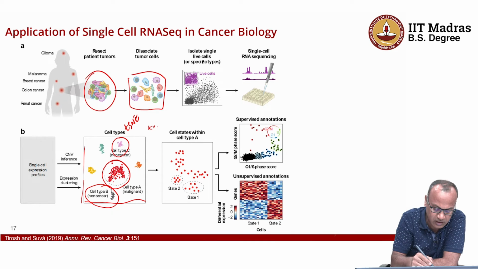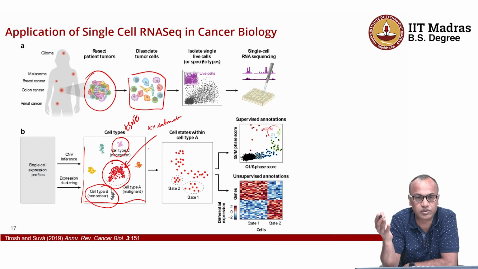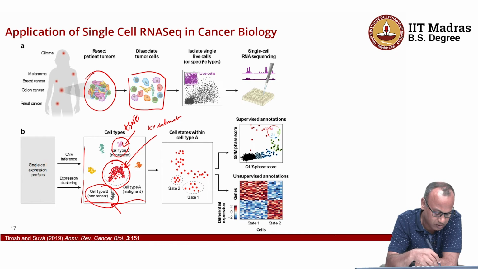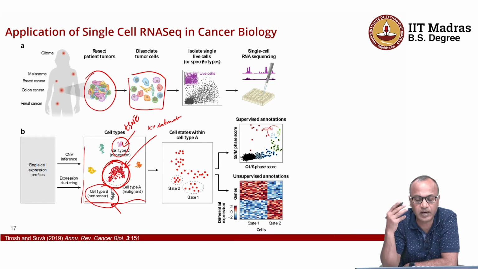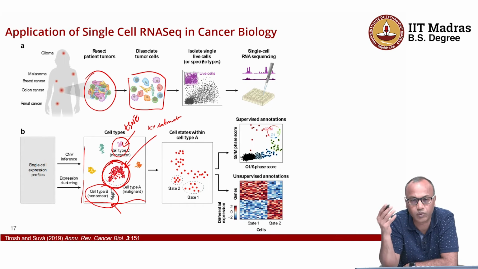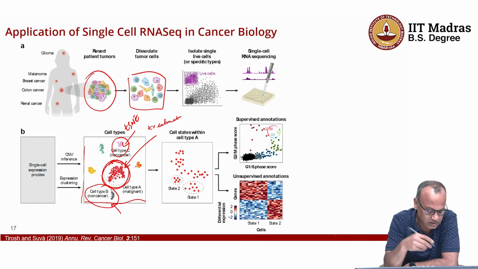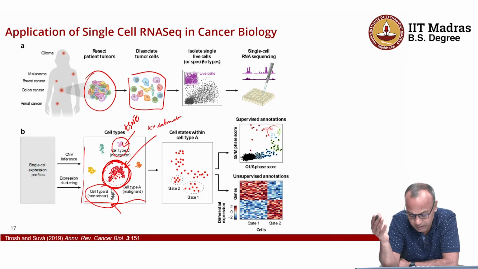And when, let's say, a treatment is given, you can see whether this particular cell type has reduced in proportion or not, or has been eliminated or not. We don't want these to be eliminated, we only want this to be eliminated. So that gives you a very precise target readout, right? You know exactly what was the outcome of the treatment, because these are the cell types which, if they are left after treatment, are going to be the ones that will cause remission. And therefore, it is very important to ensure that cell type A in this case is eliminated from the